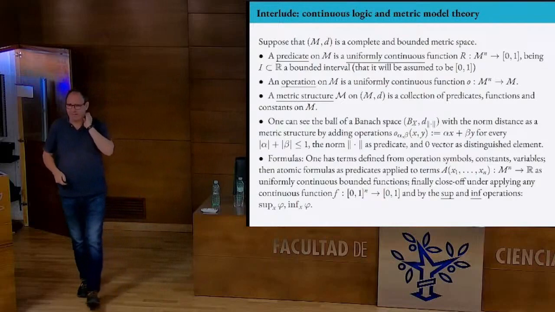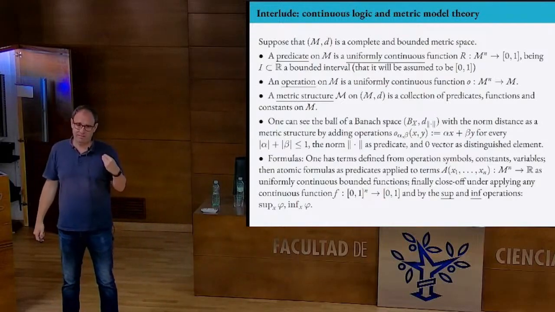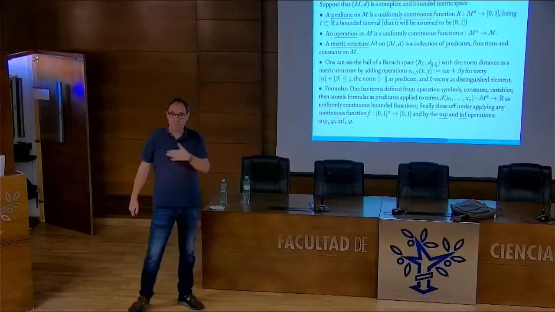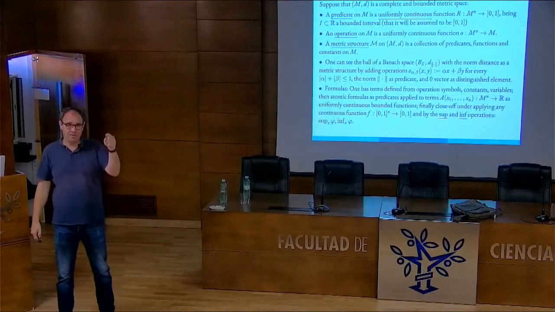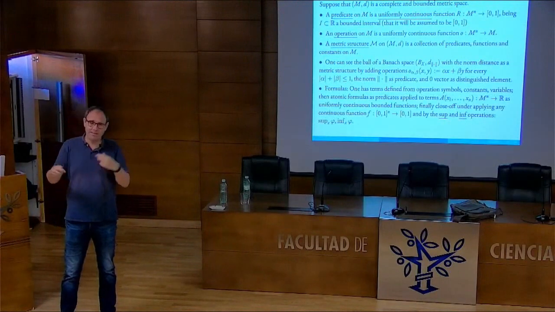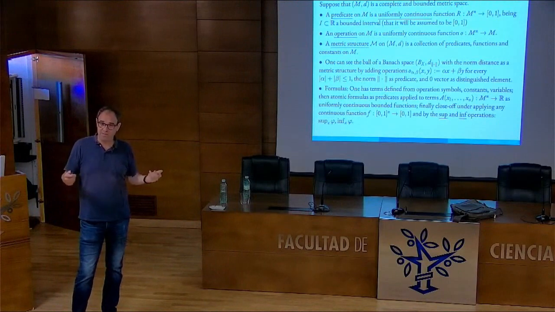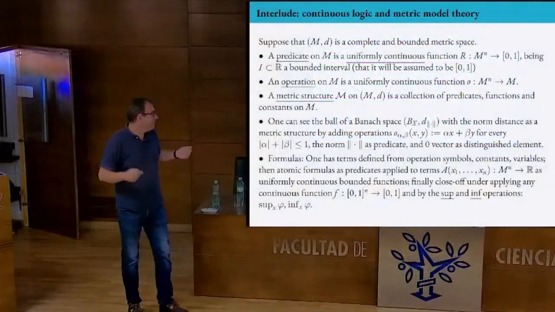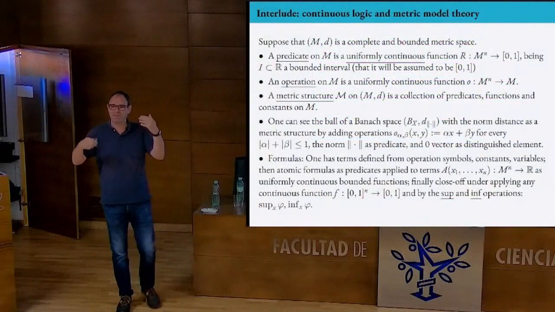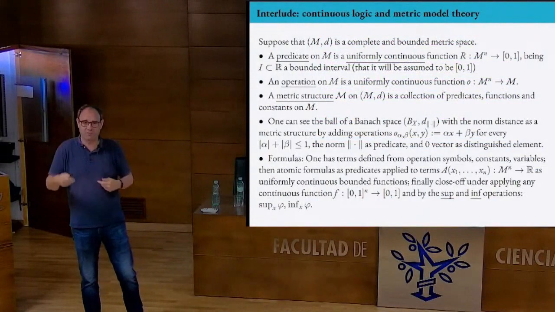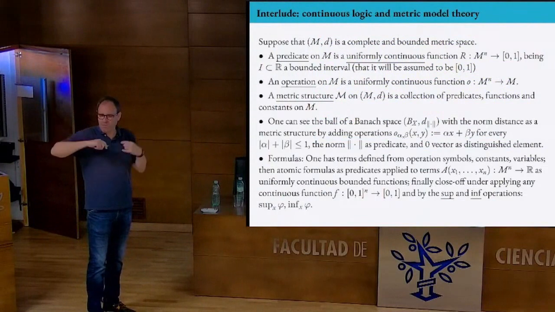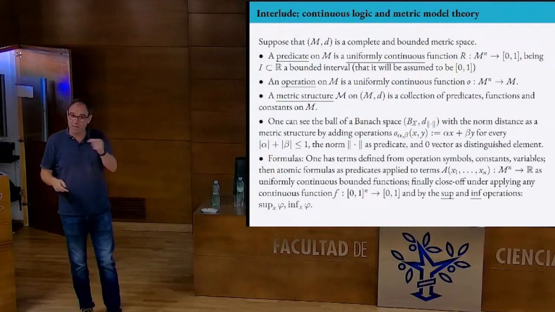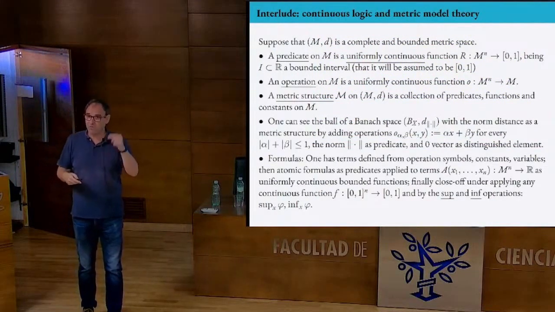Okay, the formulas. What are the questions you can express here? In first order, with the and, the or, and the negation, you can create any Boolean operation you might imagine from 2 to the n to 2 by making compositions. So you might think that the formulas are defined by considering any Boolean operation and closing it off. I'm going very fast without many details, but you need to believe me that this can be done. Now, instead of doing that with Boolean operations, you do it with any continuous mapping from R^n to R.